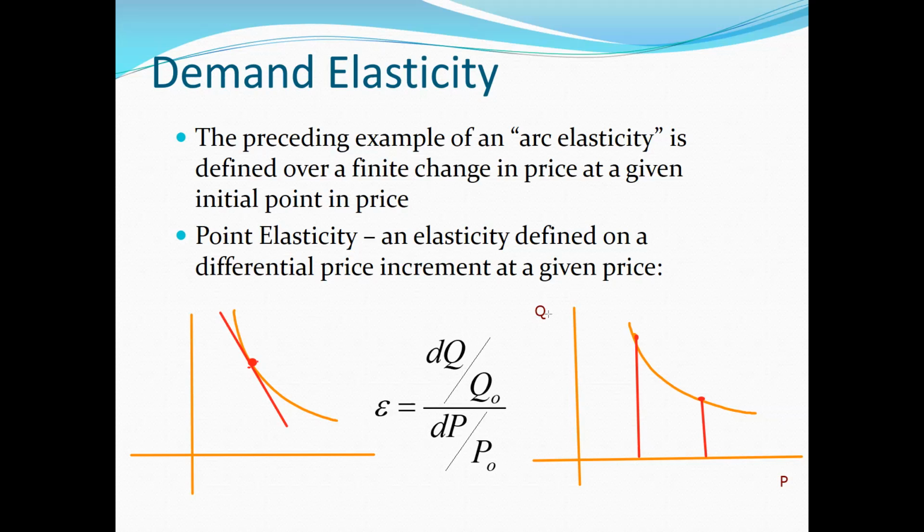The axis labels are the same, q and p. And then q naught over p naught. This point right here is the P naught and Q naught point, and you define it based on the